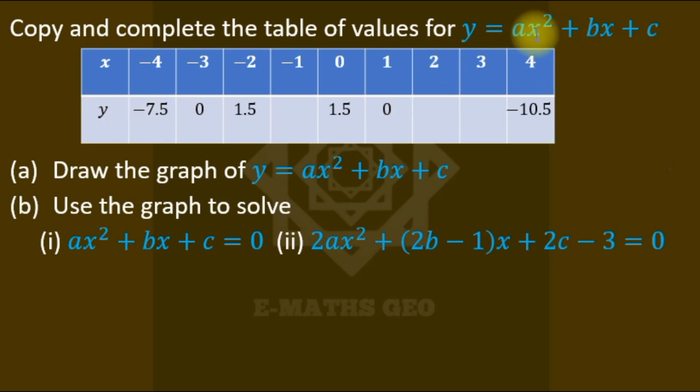Then we substitute the values of x to get the corresponding values of y. So first thing is to get a, b, and c. And how do we do it? Before then, the quadratic curve is either written in this form, this one is the general form, but we can still write it in terms of the center. So a quadratic curve is either